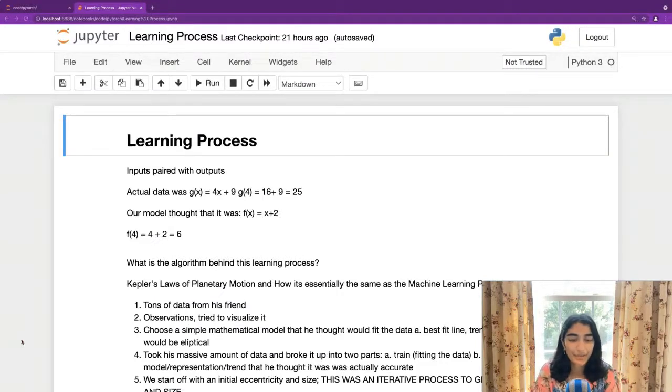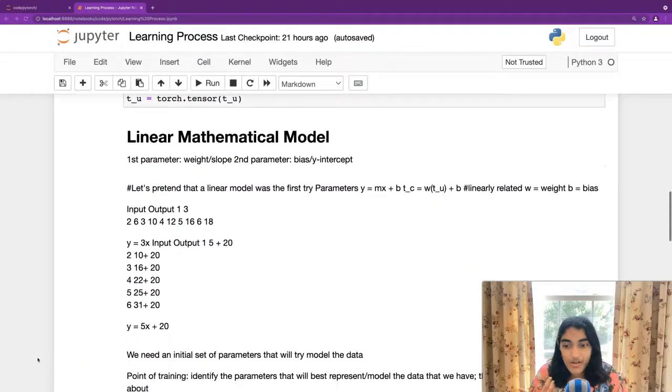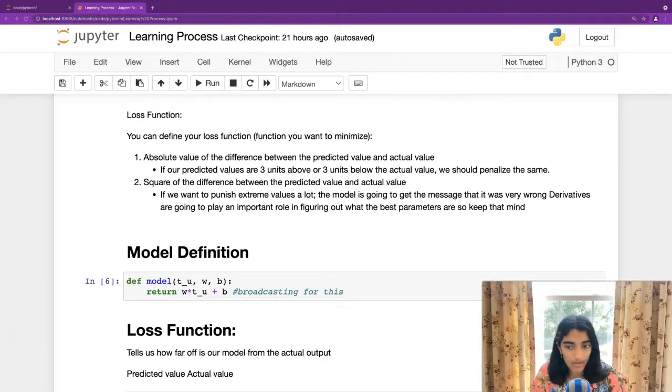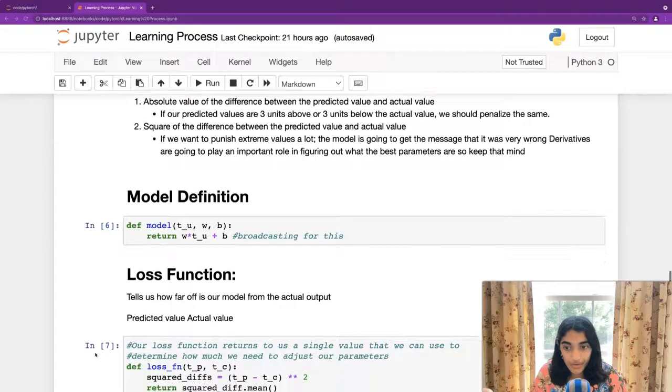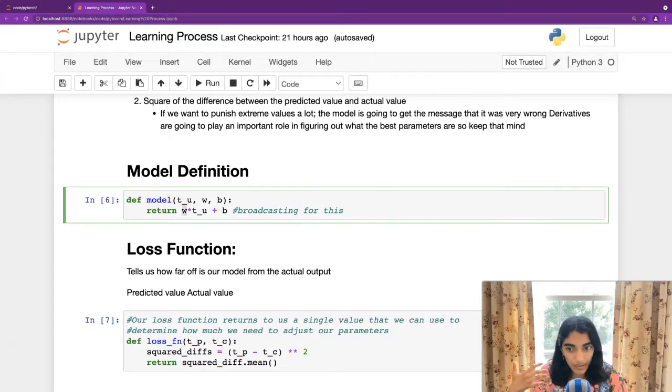This is Siri and I'm back with another PyTorch video, and in this video we're going to be continuing our discussion on what we've left off with, our linear model. We talked about loss functions and what our model is going to look like. We defined our model. Since it's linear, we're going to have our slope times our input plus our y-intercept, which is just our weight times our TU, which is just our temperature unknown, with unknown units, plus B,